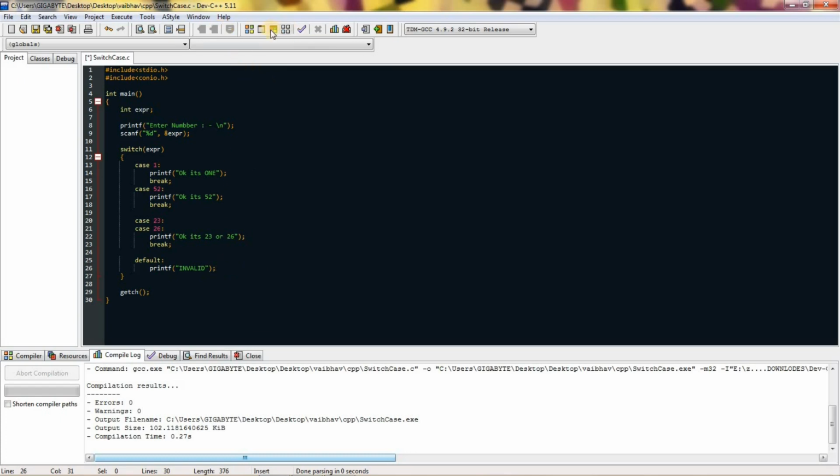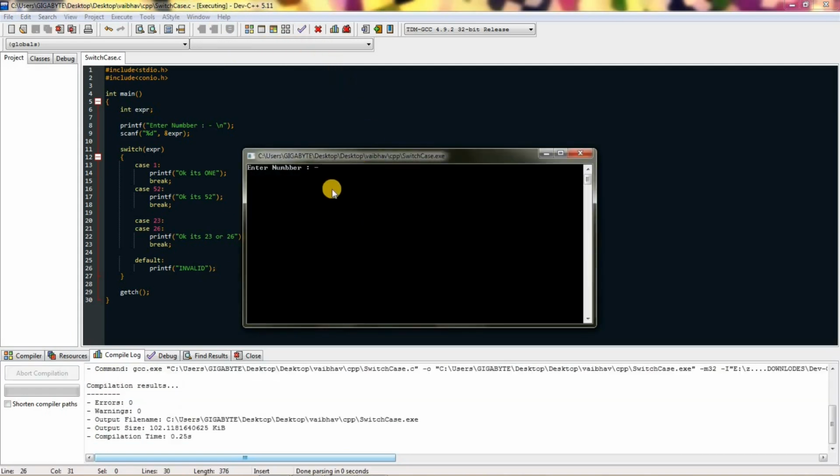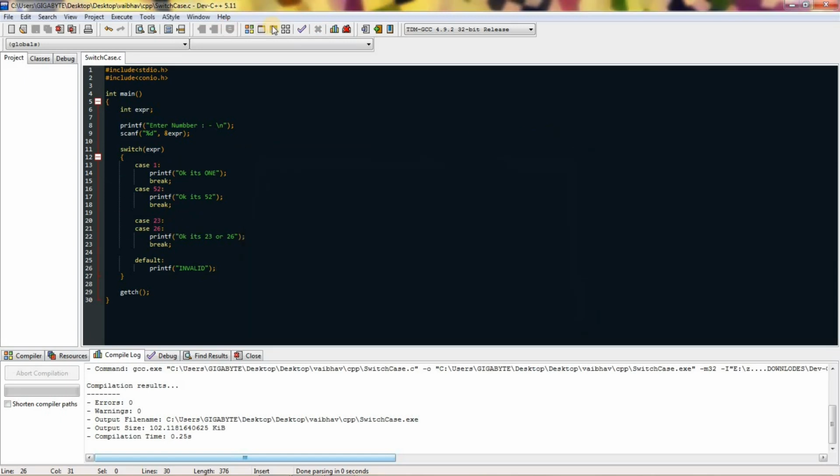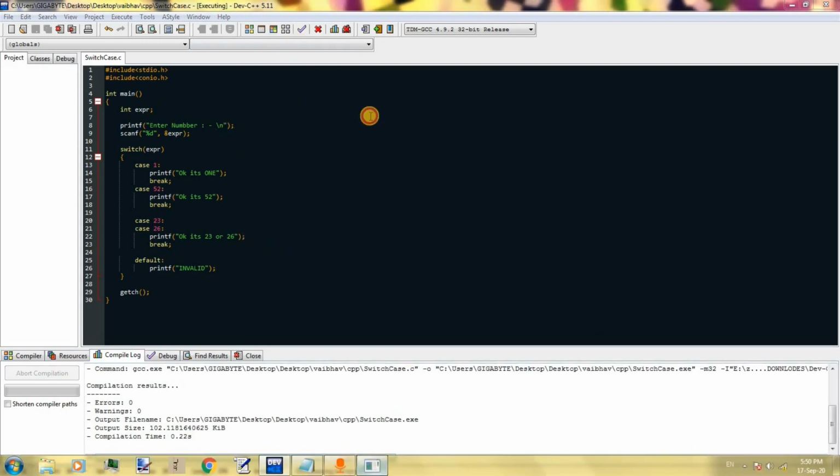So enter number, and if I enter 4, which is not mentioned, it will say invalid because I have not mentioned it. Okay, and if I run it again,